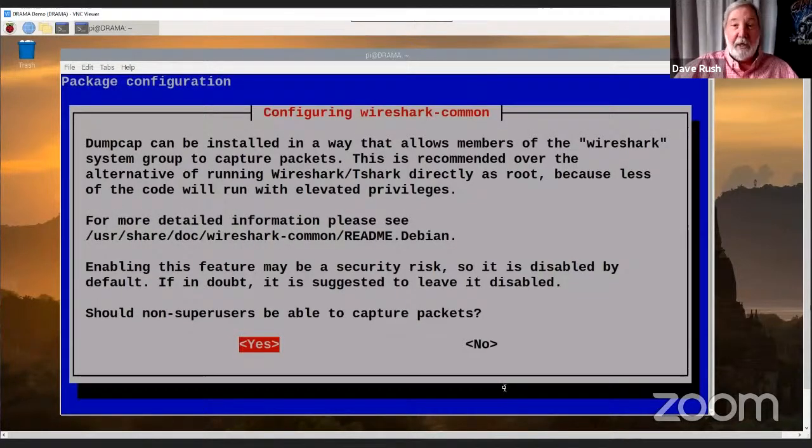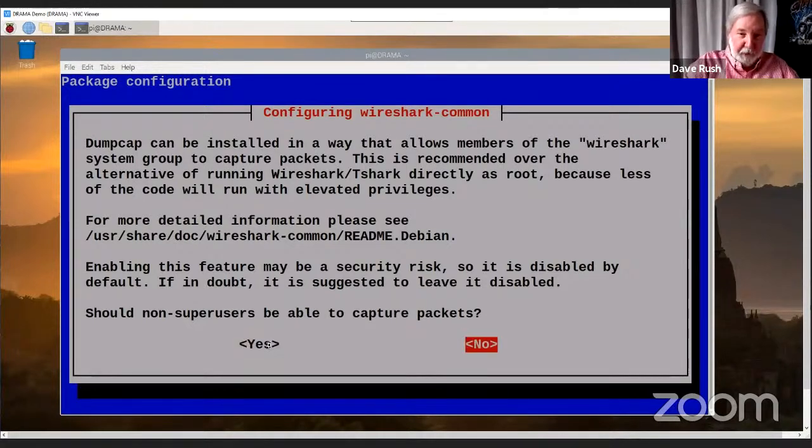And here's the menu that you would see the very first time that you do a WireShark install on just about any machine. Saying yes lets non-superusers run WireShark and capture packets. The default is no, and it's a confusing thing. It throws people a lot, and they'll pick no, and then they never get it working, but you fix it by running that dpkg-reconfigure command I just ran, and you say yes.